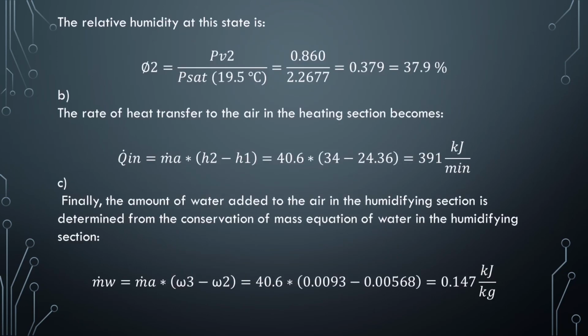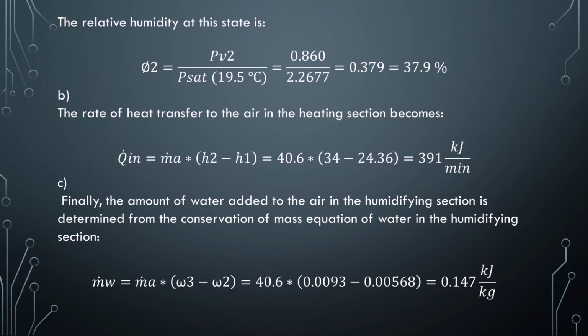And the relative humidity at this state is phi2. Remember the equation just for phi2. After replacing, we get that phi2 relative humidity is 37.9%, and the rate of heat transfer to the air in the heating section becomes